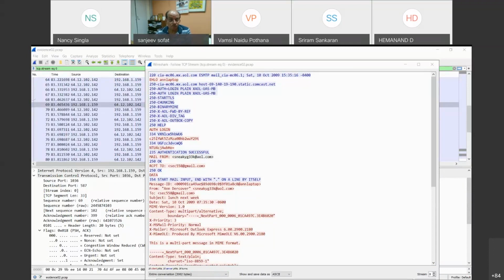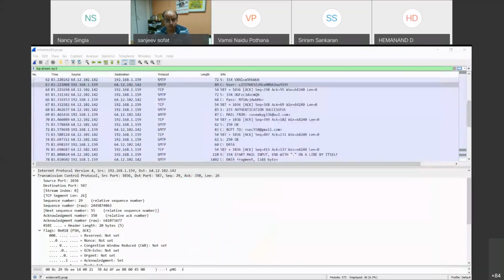Okay. So here we'll just open a base64 decoder. First, we can copy these details, and here you can just paste.